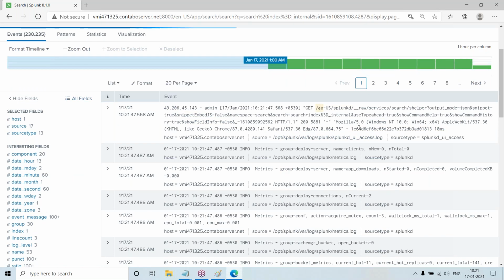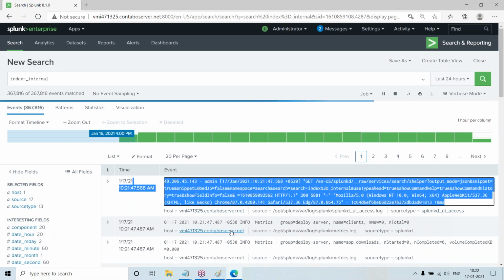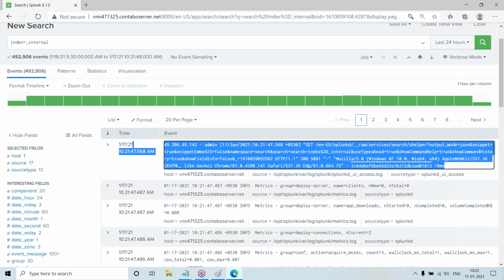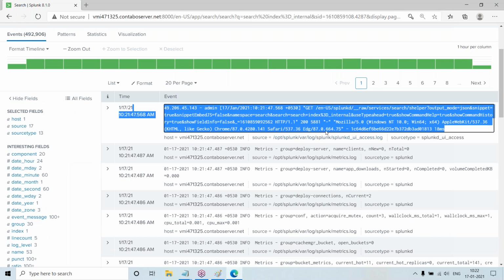These are the logs that are generated on some host systems. It will pull the logs, and this is the snippet that it has pulled from some other system and put over here. Currently I'm doing it for underscore internal, which is a Splunk internal index. This is one snippet. Logs look something like this: it will have the IP address, a username, and a timestamp followed by the method and all those.